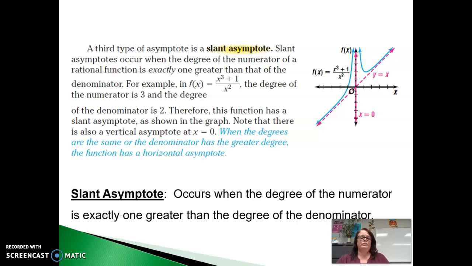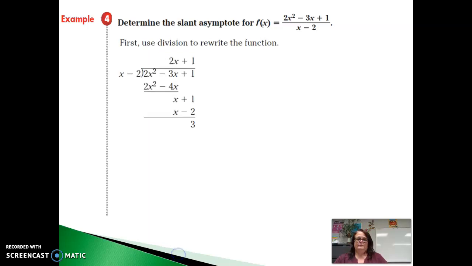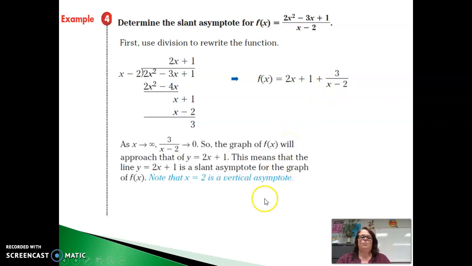All right, and so then the way that we find that asymptote, got ahead of myself, a slant asymptote occurs when the degree of the numerator is exactly 1 greater than the degree of the denominator. So to determine that, we can do long division, and what we're going to do is go from writing it like an improper fraction to writing it like a mixed number. Do you see that it's the quotient plus the remainder over the divisor? Okay, and so then think about as x goes to infinity, because that's what the horizontal asymptote is talking about. This fraction goes to 0,